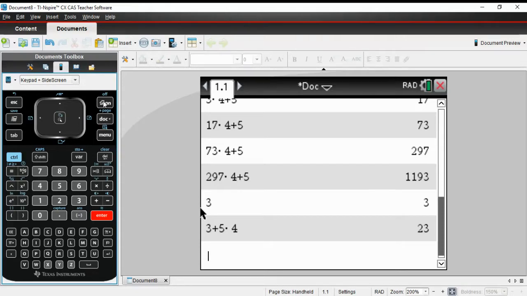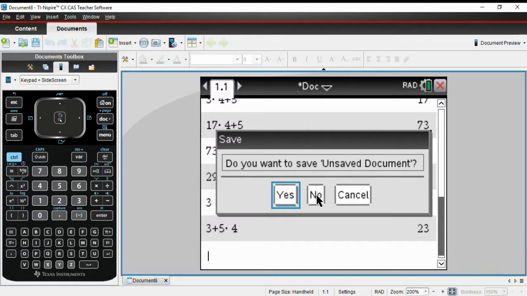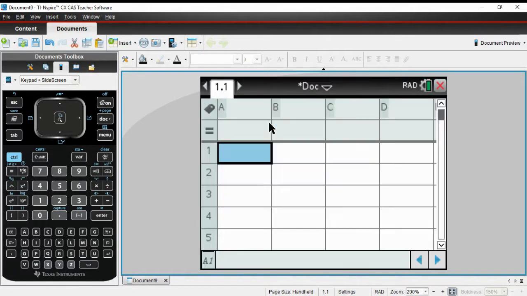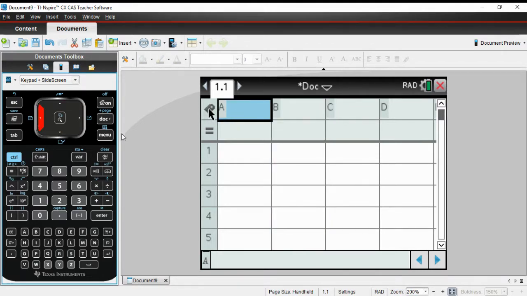We'll start with a new document. So I'll press the on button, new document, don't want to save that. And this time I'm going to add a list and a spreadsheet. I'm going to use two columns, column A and column B. I'm also only going to use the arrows and whatnot just to show you everything I'm pressing rather than just skipping things. Okay, so starting with that,